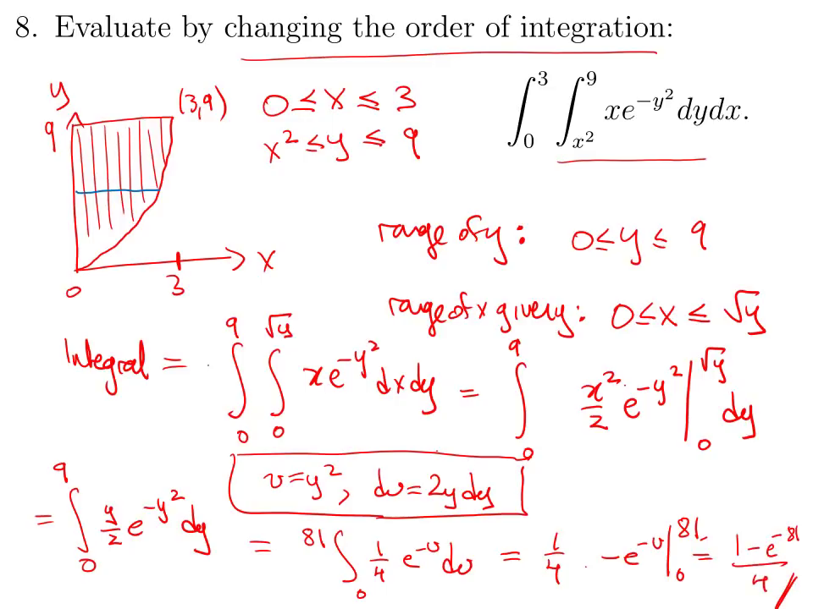Okay, so again, the key is to draw the region, write down the inequalities, and ask yourself these kinds of questions to figure out how to describe the region in this different order. And again, it's important to look at the boundary. Like here, the curve y equals x squared was really important to understand that that gives the